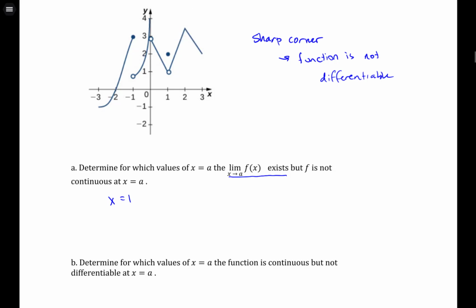So at any sharp corner, the function is continuous because the limit from the left and the limit from the right agree, and that's equal to the value of the function, but it's not differentiable. So the values of x for which this qualify are x equals